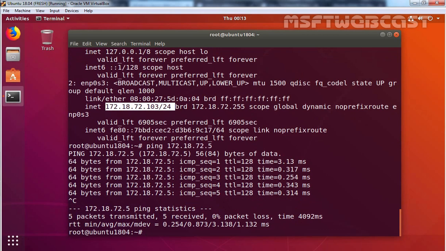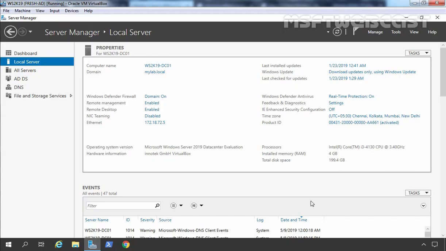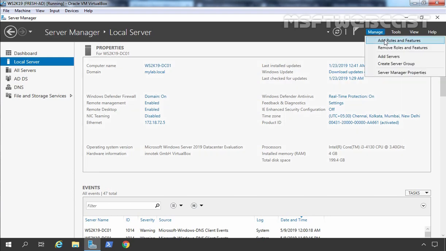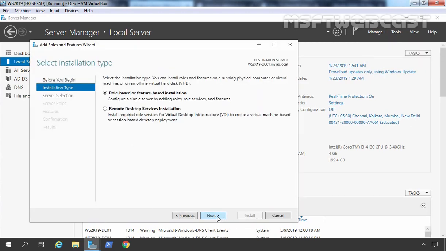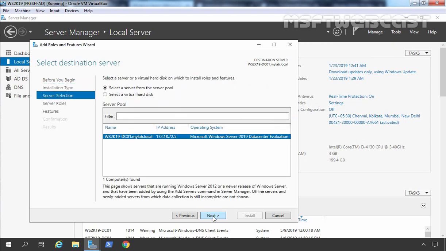So first of all, let's install NFS Server role on Windows Server 2019 domain controller. For that, we need to open Server Manager console, and on the Server Manager console, I'm going to click on Manage, and then I'm going to select Add Roles and Features. Click on Next. Here we need to select role-based or feature-based installation. Click on Next again,